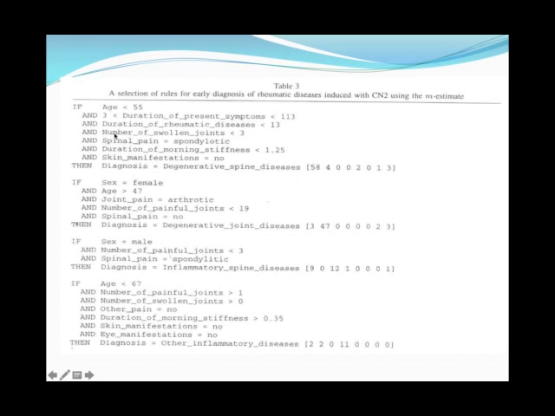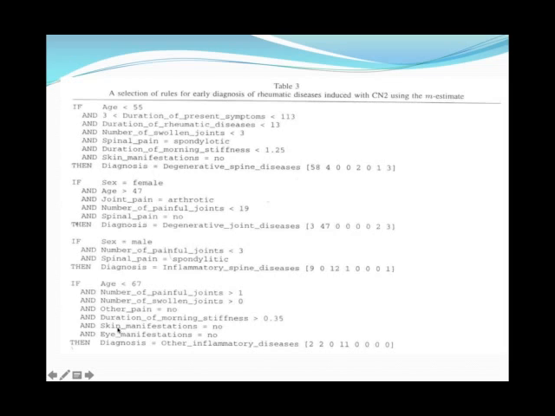For example, it would give you something like this: if the patient's age was less than 55, and the duration of symptoms was between 3 and 113 days, and the duration of other rheumatic diseases was less than 13 days, the number of swollen joints less than 3, if the spinal pain seemed spondylotic, then it would say the diagnosis is degenerative spine disease. But if the patient was female